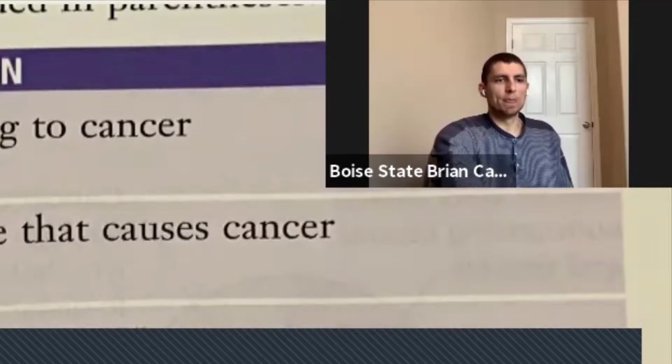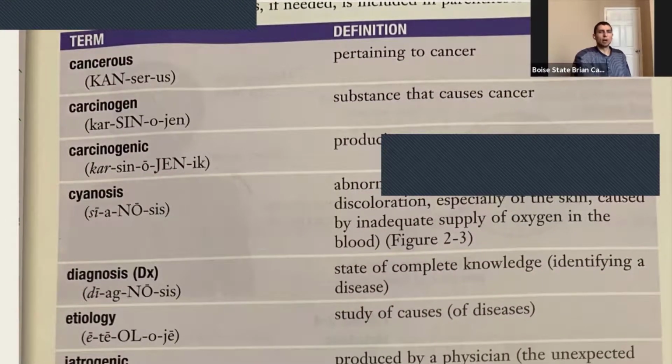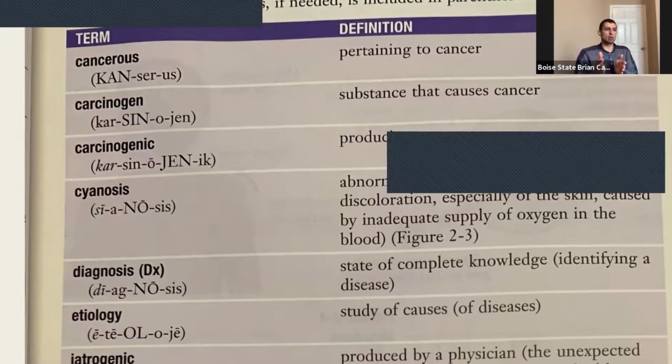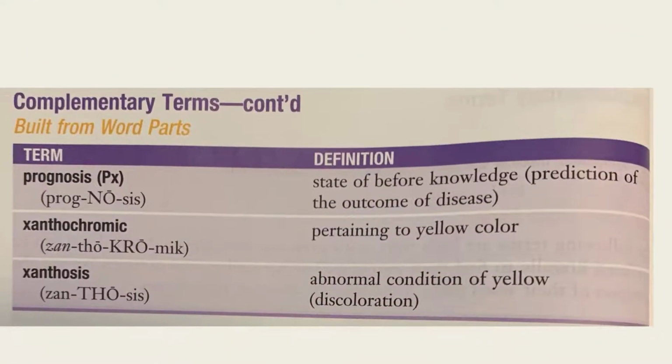Cyanosis is another common one, where if your patient is running low on oxygen, oftentimes their fingertips will have a bluish hue. Sometimes their lips and mucous membranes will have a bluish hue to them. That's called cyanosis. Looking at the list on the left, prognosis would be, as it says there, the state of